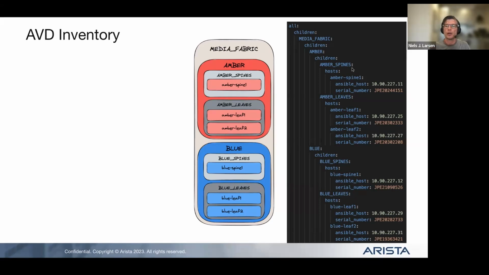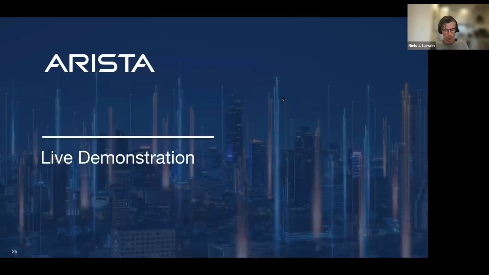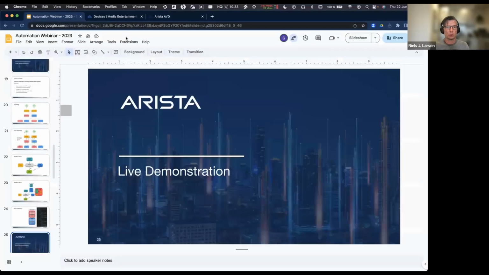And these individual files contain the configuration relevant for that level in the hierarchy. As you maybe can imagine, the media fabric file would include everything that is generic to all the devices. And if I jump to a file for Amber spines, that would be very specific for the devices that are relevant to that group. I've just highlighted here on the left-hand side a more graphical overview of the hierarchy. So let's jump into the actual